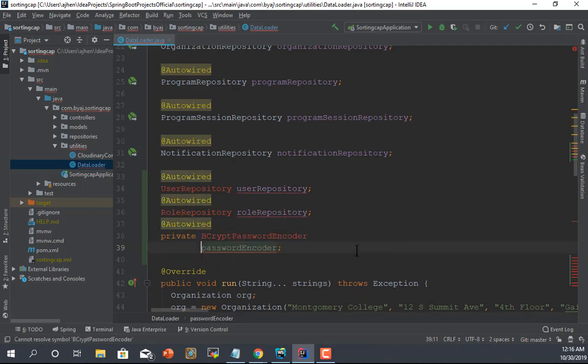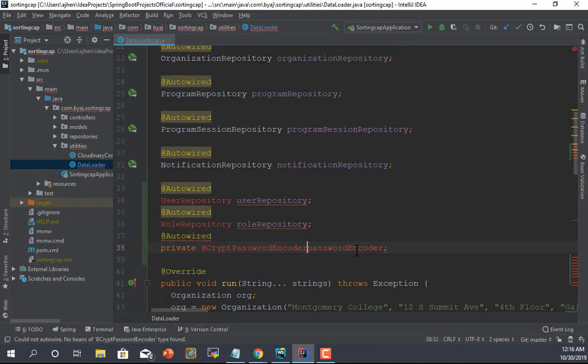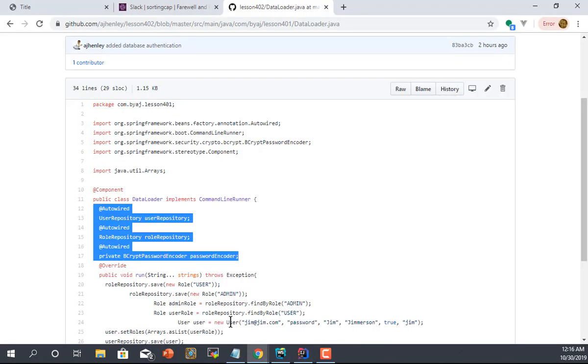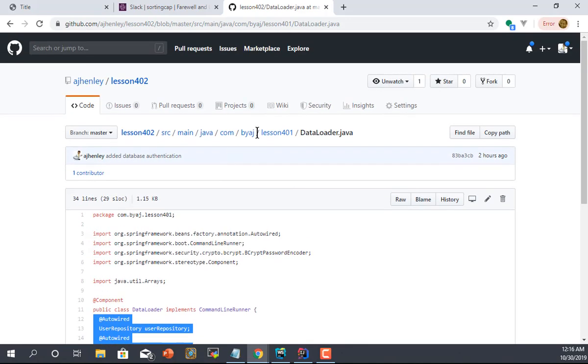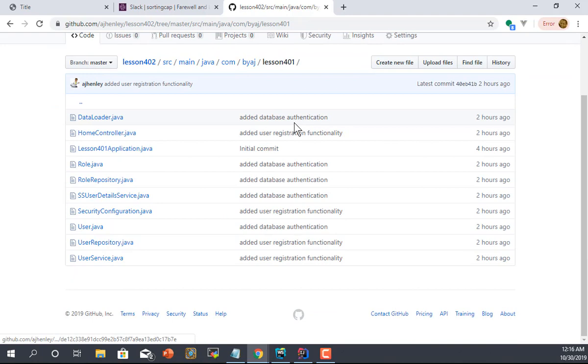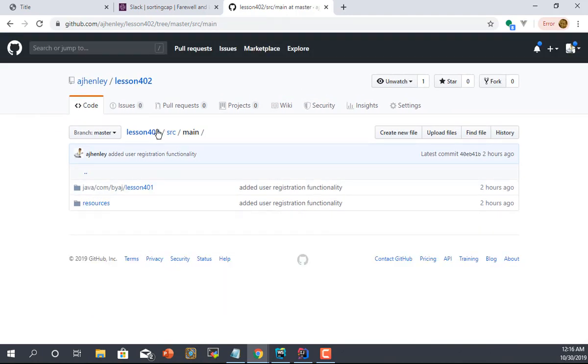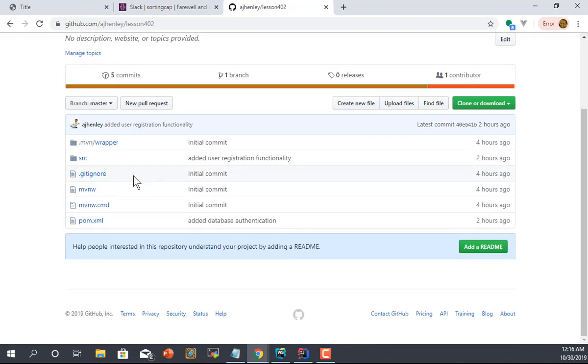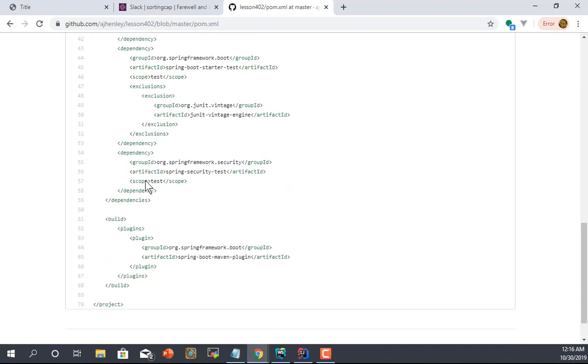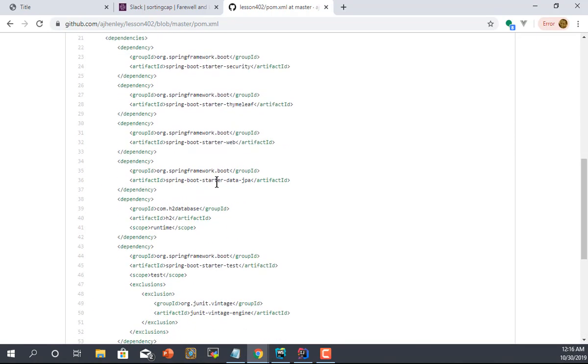Now, the repository part isn't going to work yet because, oh, I haven't put security in. Alright, so let's go back to GitHub and go to my pom.xml file. I should have done that first. Pom.xml, and I need the dependencies for